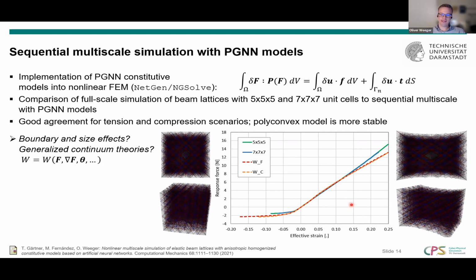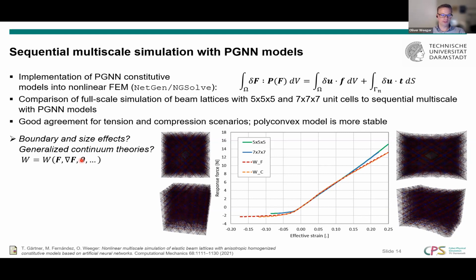Of course, we still see some deviations. Here, they cannot really come from the effective constitutive model itself because that was fairly accurate. But there are other effects that can be important since our structure is not infinite. There are some boundary effects, there are some size effects. And the question is, could we also include this and, for instance, use generalized continuum theories that use not only the deformation gradient, but also the gradient of the deformation gradient or some sort of micro rotation variables. And then, for instance, use also neural networks in order to fit these